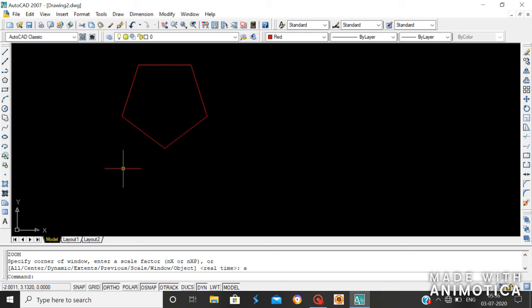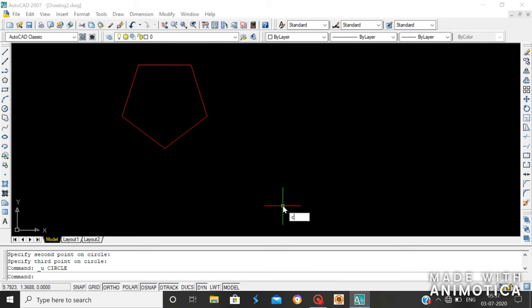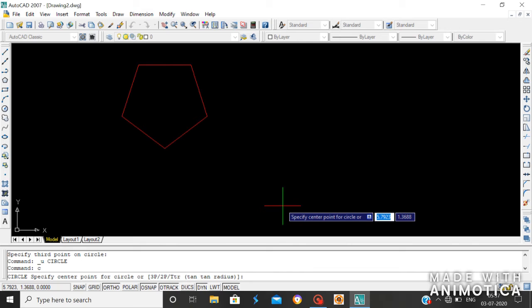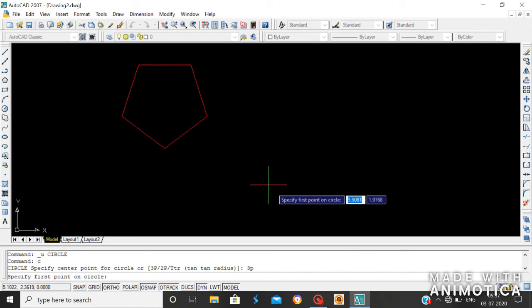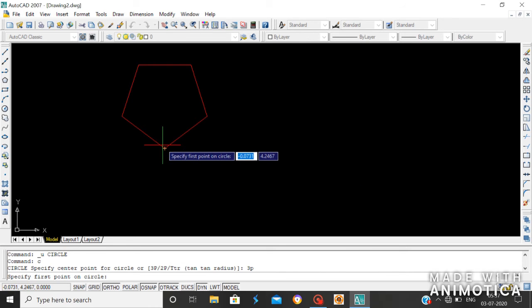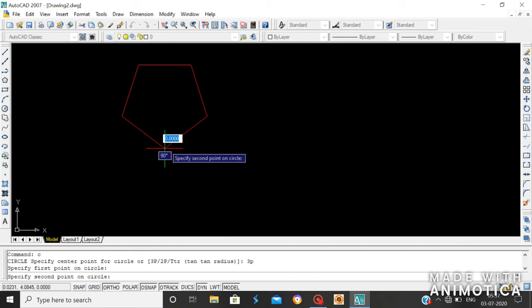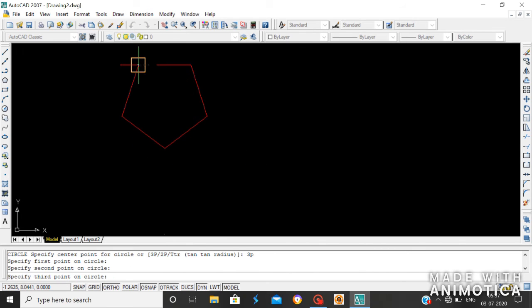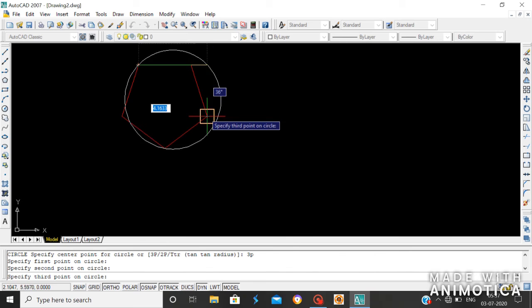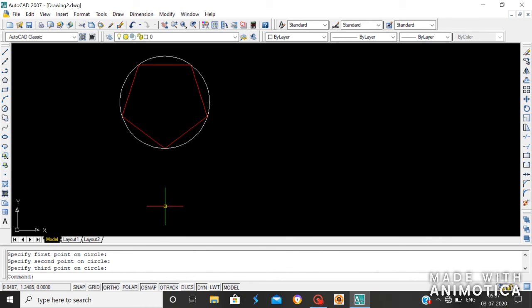Let's draw the outer circle of this polygon. Choose the circle command, press C, enter. For choosing the 3-point circle method, press 3P, then enter. Here you have to specify the first circumferential point, then the second point, and then the third point. Here you can see.